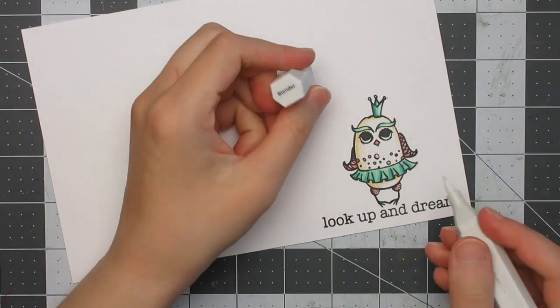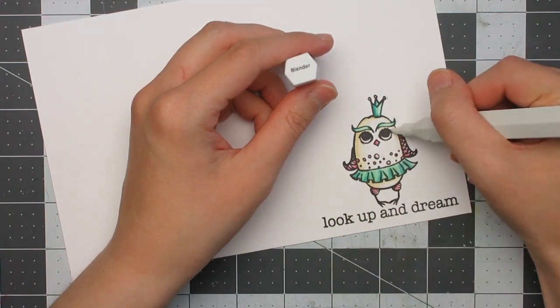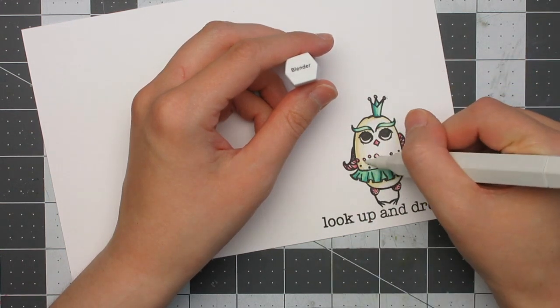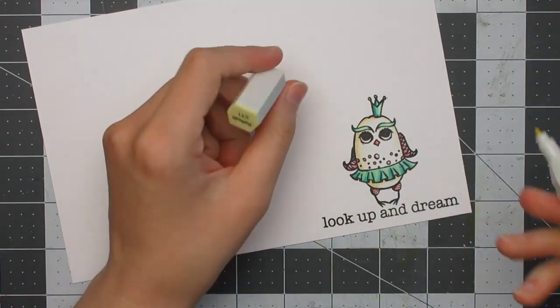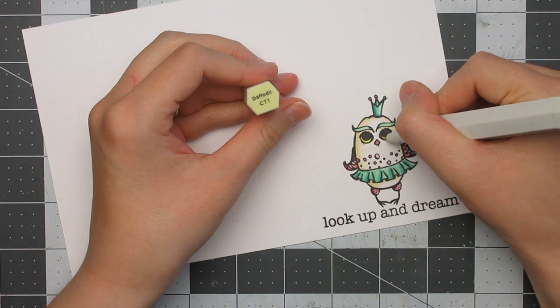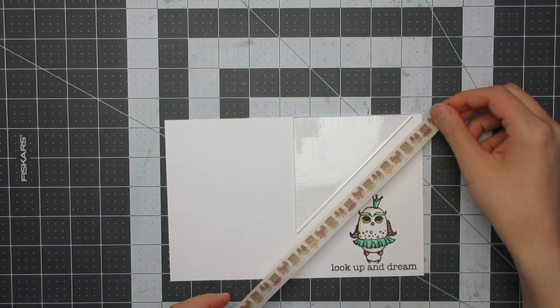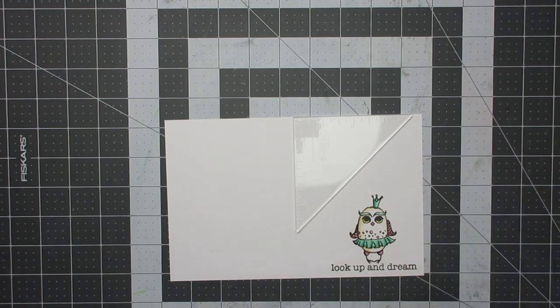And when I'm colouring white, I generally use my blender pen to be, in effect, my lightest shade, because that helps fade out to the white. I did bring in one other colour, just a very light yellow, to colour the eyes on the owl, and that completed my colouring. So then I'm going to move on to the background stamping, which is the masked portion